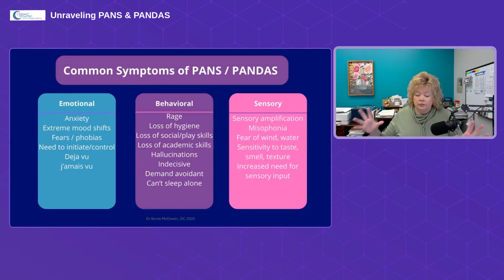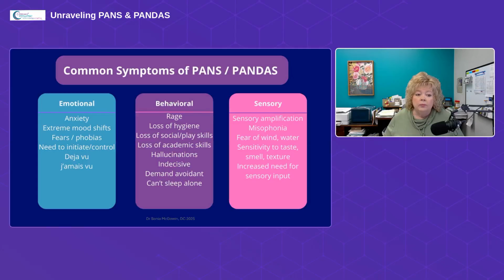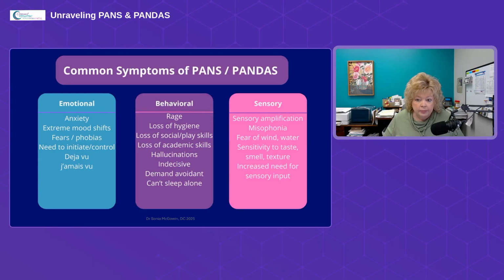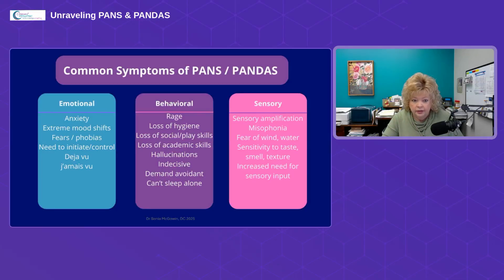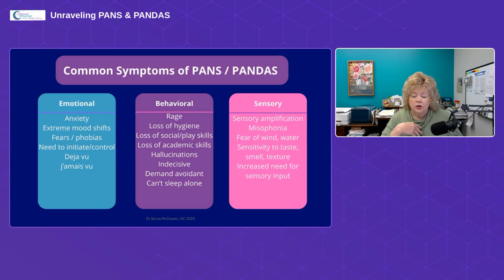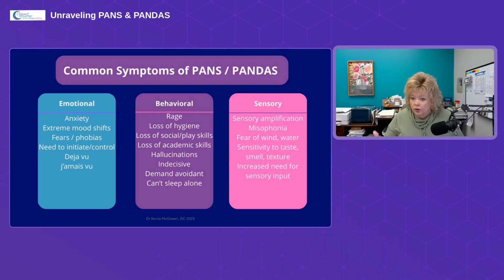All right, so let's talk about real life symptoms. These are things that we see in the hundreds of kids we work with who have PANS and PANDAS. Emotionally, we will see things like anxiety. And again, remember that includes separation anxiety. A lot of times the separation anxiety happens around bedtime. These are kids who previously slept alone, slept fine all night, and now they get great anxiety as the evening goes forward. When it's time to go to bed, they don't want to go to their room alone. They don't want to go on upstairs to their bedroom. They don't want to go to bed by themselves.